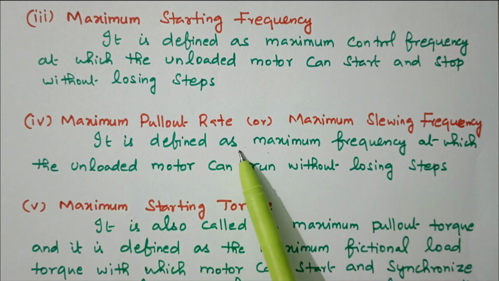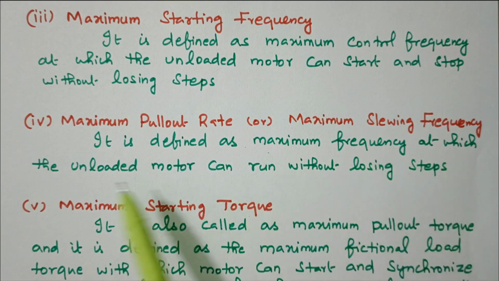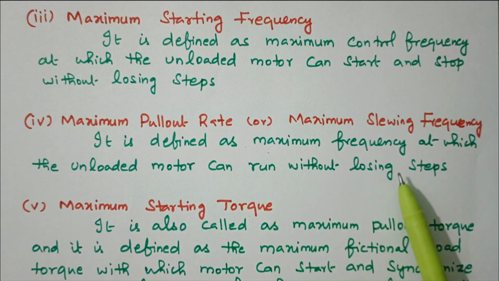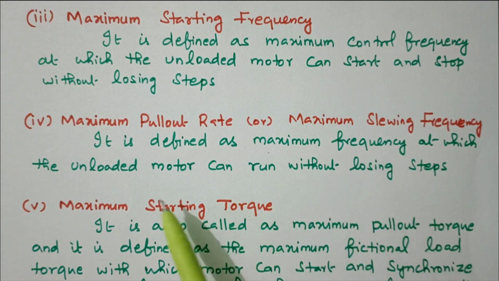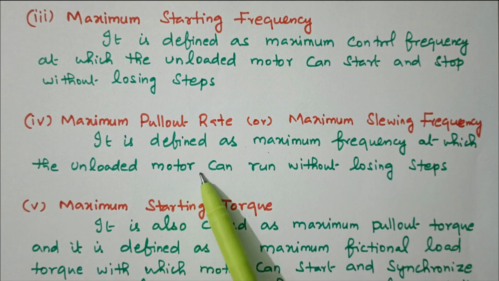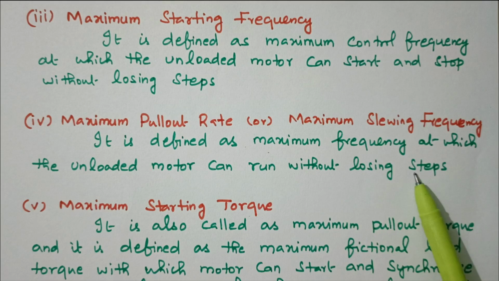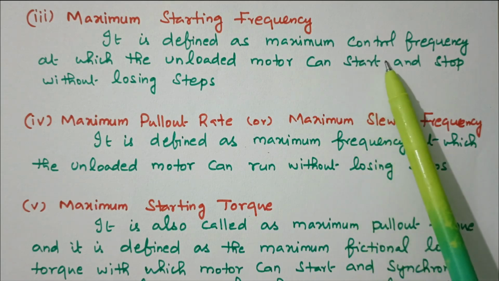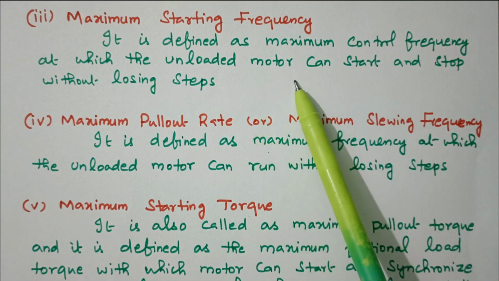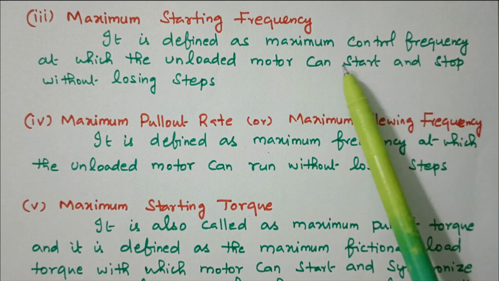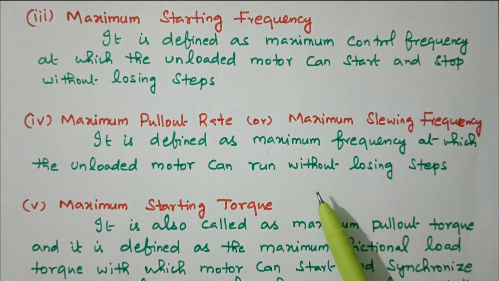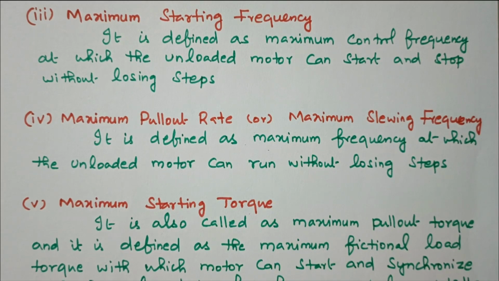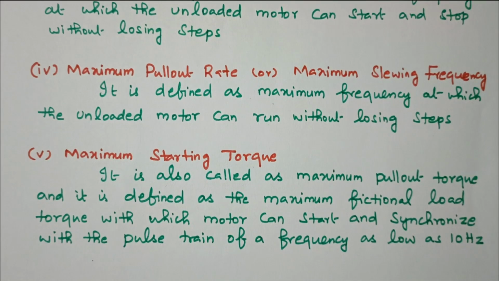It is defined as the maximum frequency at which the unloaded motor can run without losing a step. The unloaded motor can run without losing steps, right? So this is the control at which the unloaded motor can start and stop. This is the running condition, where it can run loaded, right? And one more parameter is available,